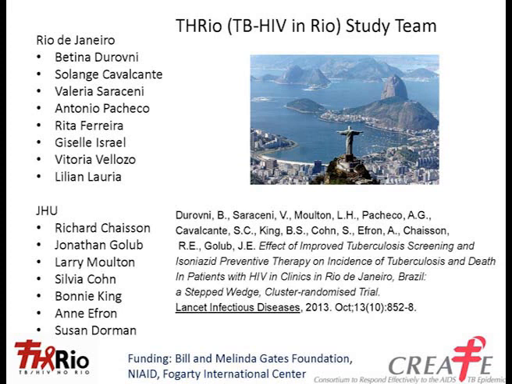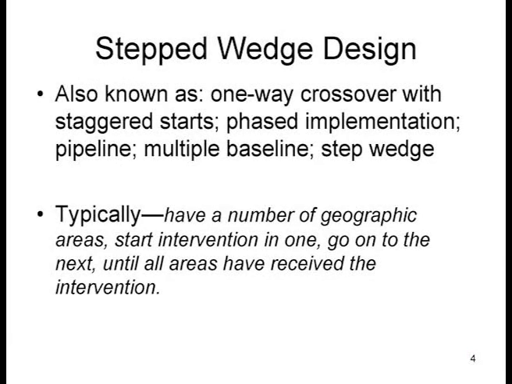So there's a lot of names for this design. Okay, one-way crossover, that's sort of the statistical way to think about it. Phased implementation, pipeline, multiple baseline. And there's been some people say stepped wedge, some say step wedge, some have hyphens, some don't. There's all sorts of ways to do that. Anyone here see any other names for a step wedge trial besides what we have here? I'm going to start collecting them, just like people collect little knickknacks. What was that? Waiting list. Well, it could be, because that's how it works. That's the phased implementation idea.